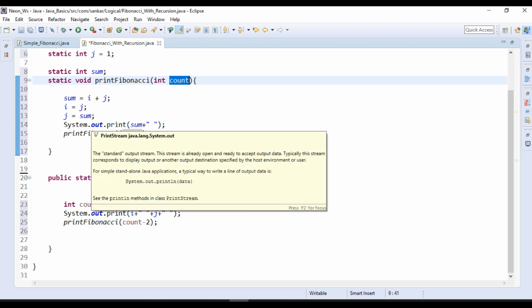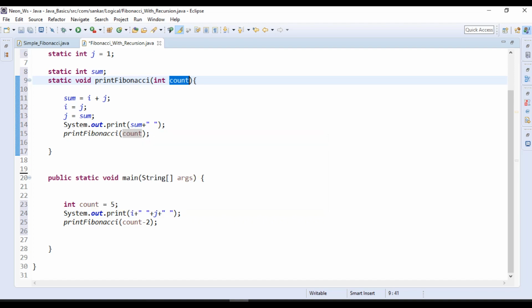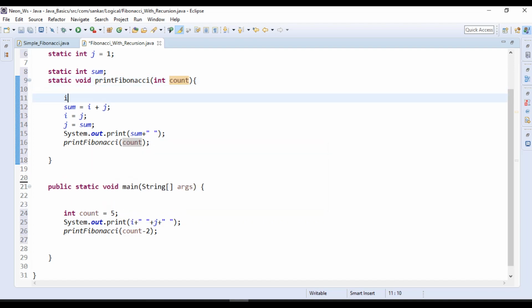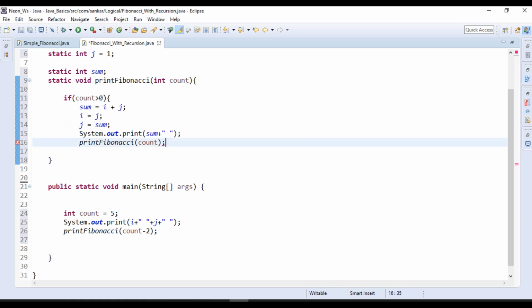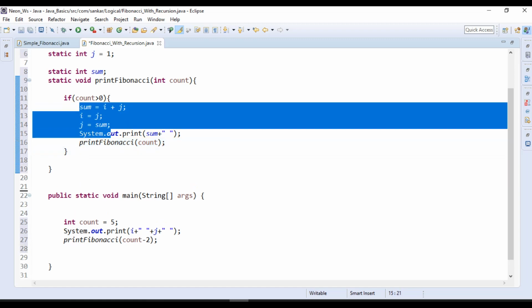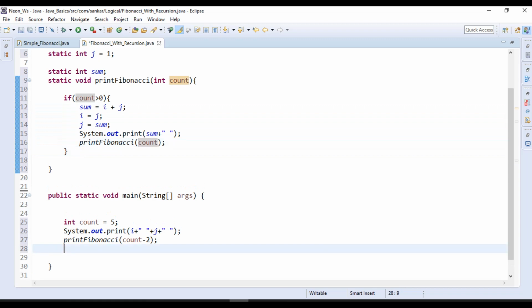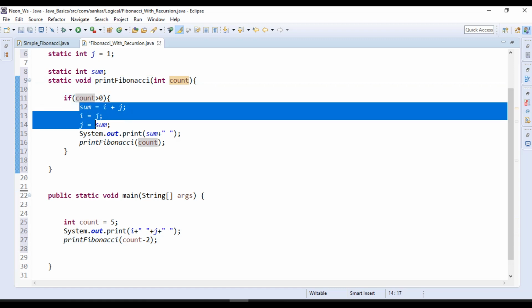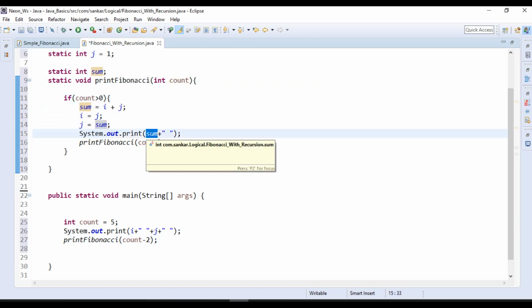So for that we need to write some condition inside this method, because we need to terminate at a particular point. For that purpose I will write if count greater than 0, then only we perform this logic. Now what is the count value? 5 minus 2, here 3. 3 greater than 0, the condition is true, so inside it will print the particular sum value.